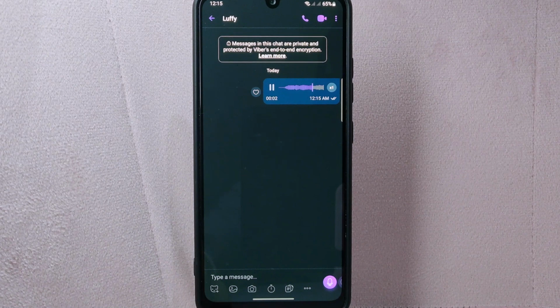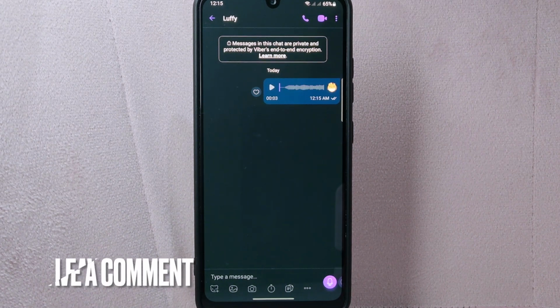There you go. If you wanted to know how to send a voice message on Viber, that is the easiest